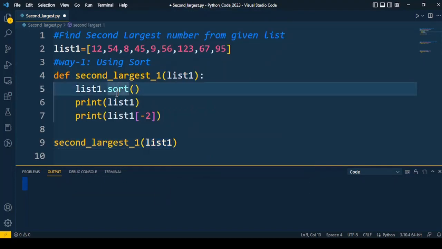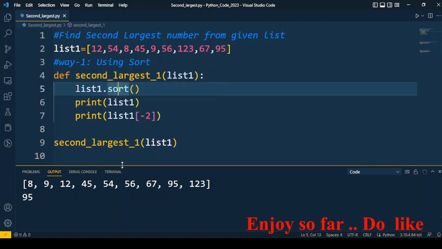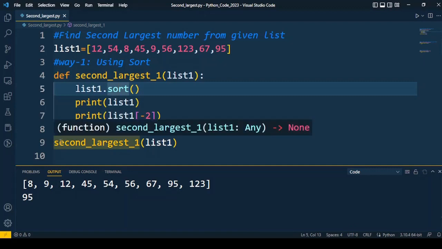So here is the complete code for solution number 1, and here I execute the code. We can check that the list gets sorted and printed in the first print statement, and after that the second largest element gets printed through this approach. So I hope you understand this first approach using the sort method. Now we will go for the second approach,